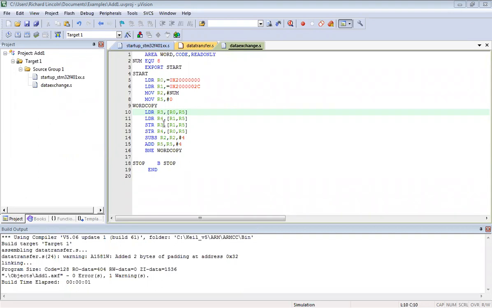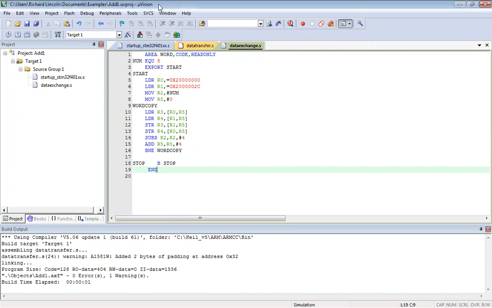And if you can see, store is going to be the reverse operation. The value of R3 is moved to the pointer pointed to by R1 and R5 together. And similarly, we're going to subtract from R2. R2 here is 8, so 8 minus 4. And we're going to add to R5 because R5 needs to store data. So first 4 bytes and then the next 4 bytes. So we're taking 50-50% of the data, and then we're going to check.